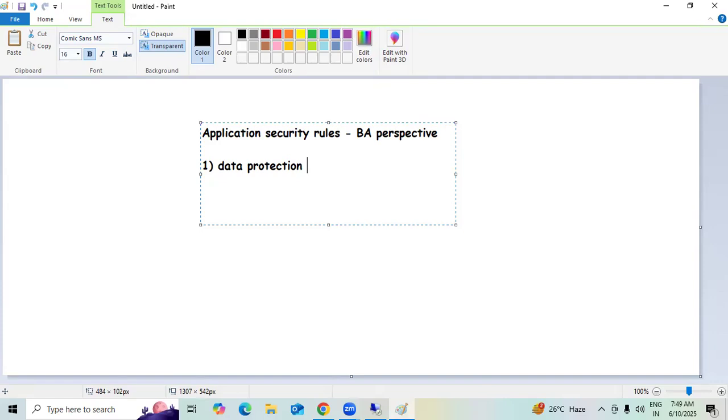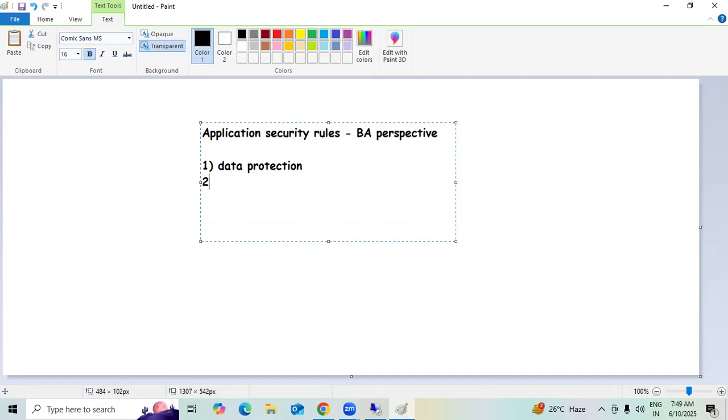As a BA, we should understand the importance of encryption of data, as well as access controls, and whatever security measures are needed to safeguard data at the initial level, while we are transforming and transmitting it. Data protection is a key and important element, and how it can be protected is something we must be good with from a BA perspective.